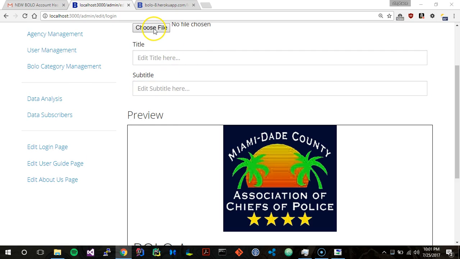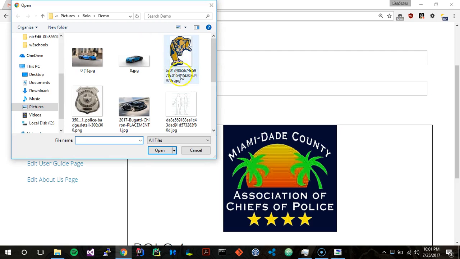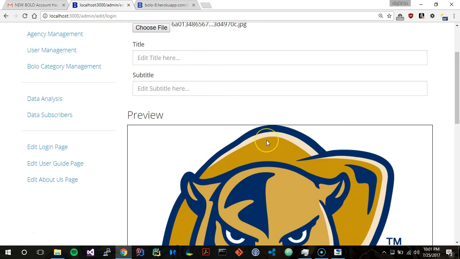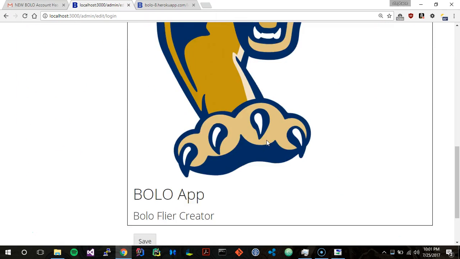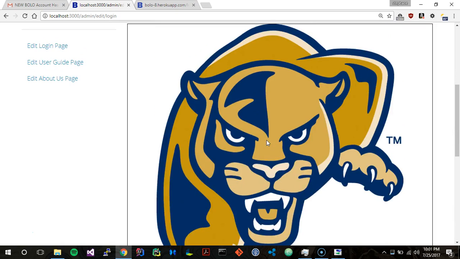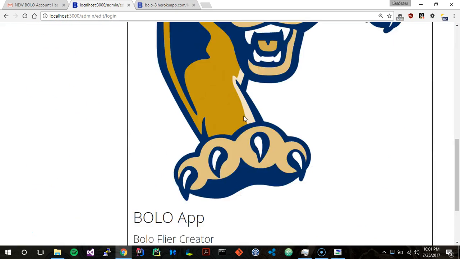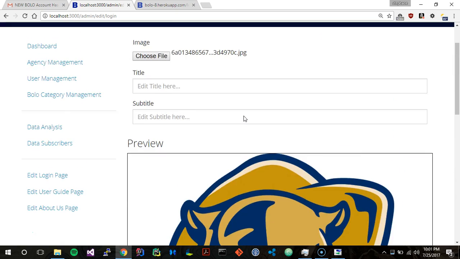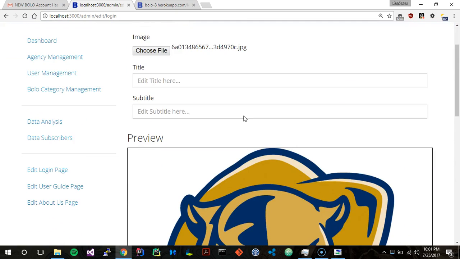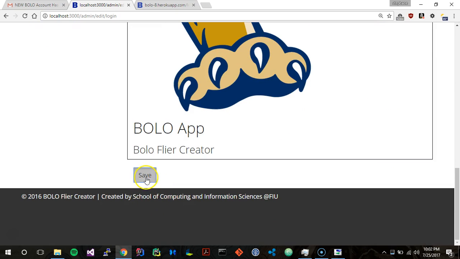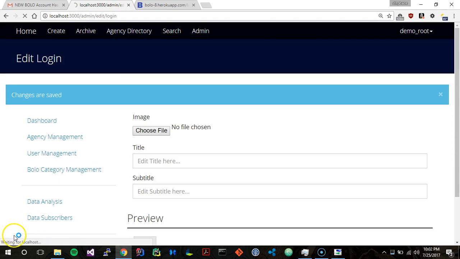And how this works is, if I was to replace this with FIU's logo, the login screen will now have this as a logo. I'm not going to save this change. Actually, I'll save this change. We'll see it at the end of the demo. And as that saves,